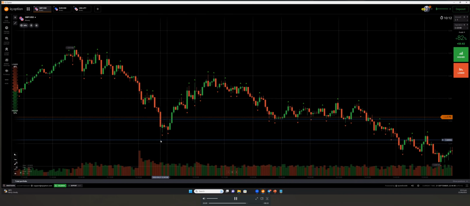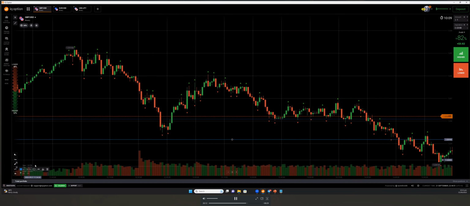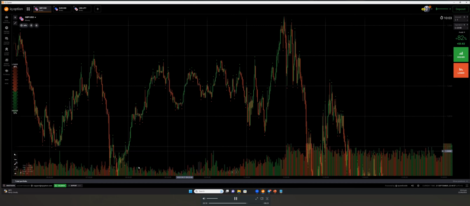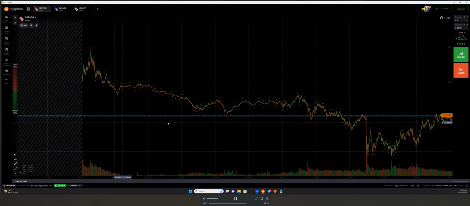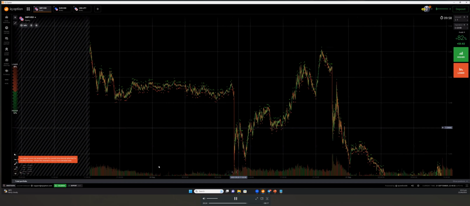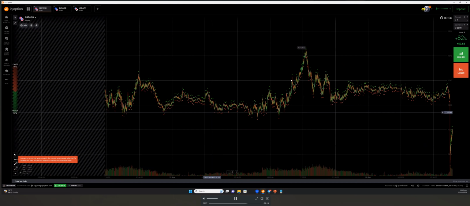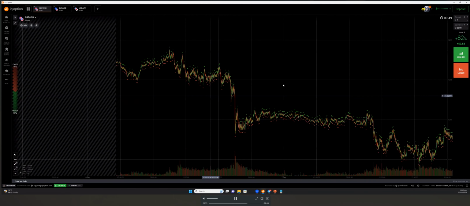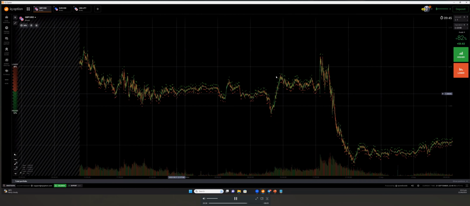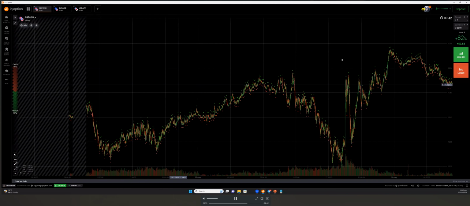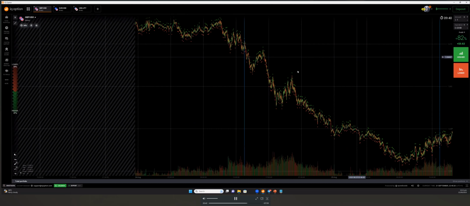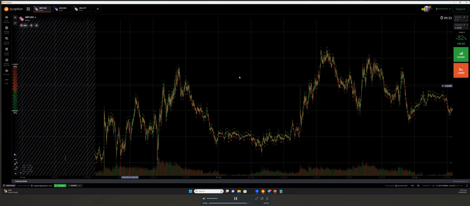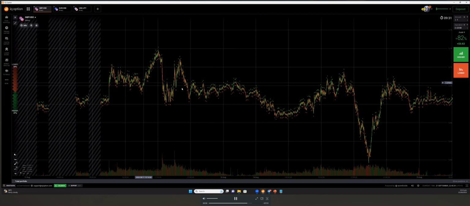And now if you want to prove this level, you can go into the past and you will find it. This is how to prove the level. See here: no support and resistance, no support and resistance. After 3 days, 4 days, whatever the days, you will find the support and resistance. That is the proof. It's a concept: there will be some data where we can find the support and resistance. After 1 month back, 2 months back, you will find it. But now there's no data at the current point.